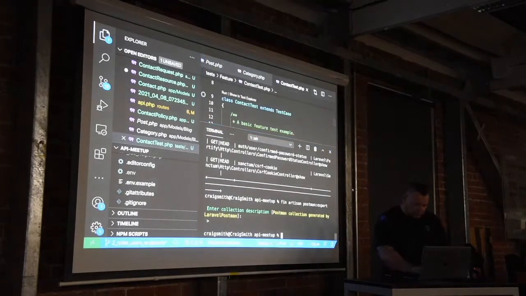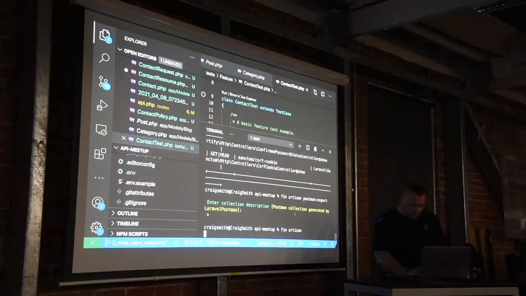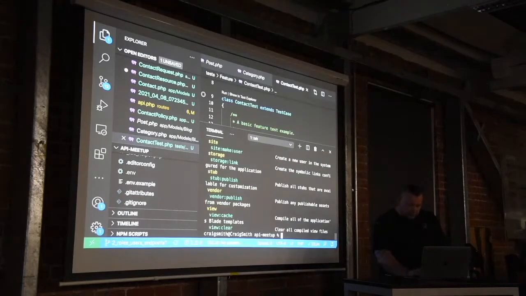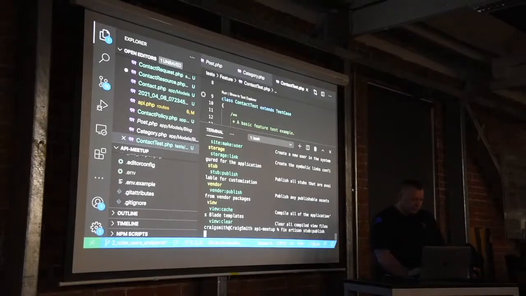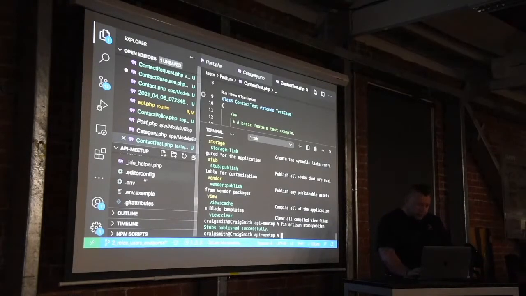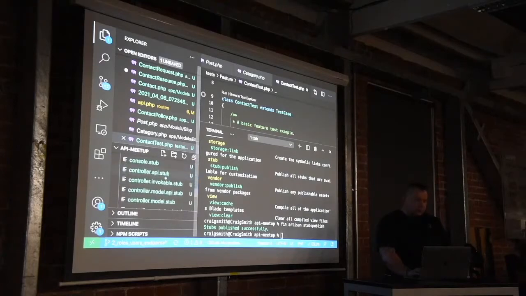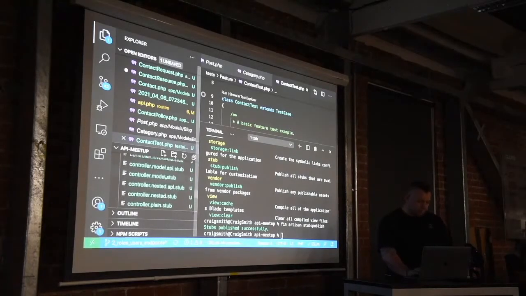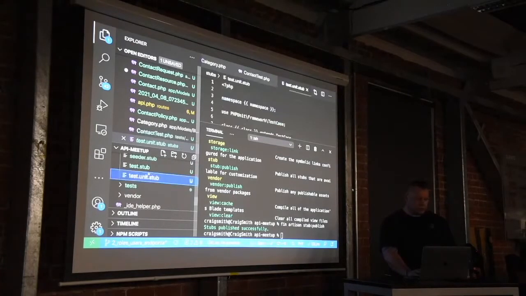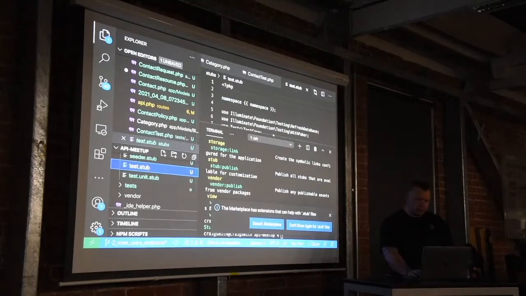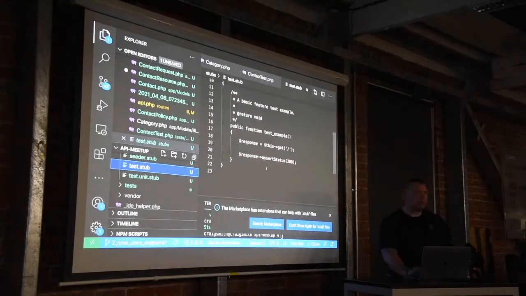Let me just double check. I think yeah, you can run artisan stub publish. And there are the stubs, and this will include all the stubs that it knows about. So you can literally, in the test stub, go and map up your basic rules, and when you publish it,